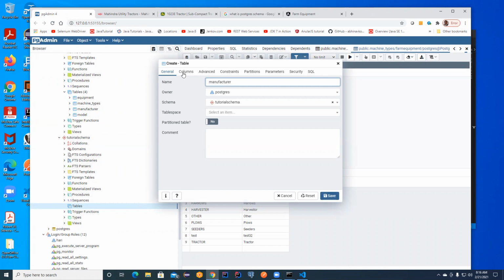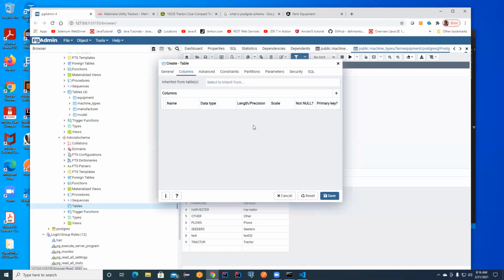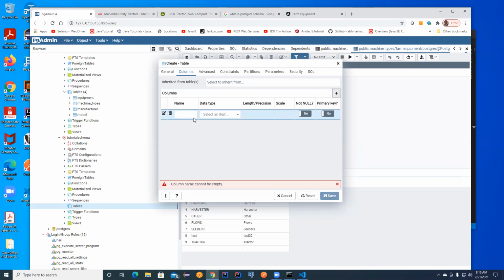And what are the columns it has? It basically needs to keep the name of the manufacturer. But the very fact we are maintaining a separate table is that we don't want to carry the long name internally in the program. We just want to take some ID. In the good old days, we used to keep a sequence number as the identifier. But the problem with that is if you migrate the table or database to other environments, like when you progress from dev to QA to staging and prod, and when you migrate to some other hosting center,